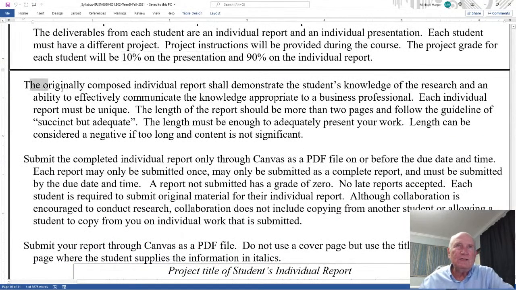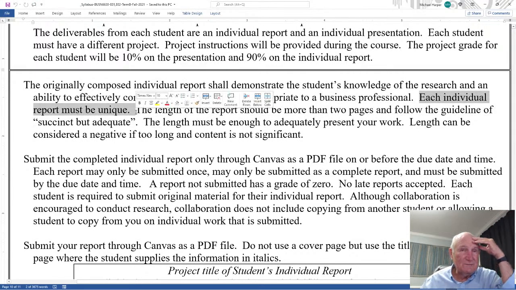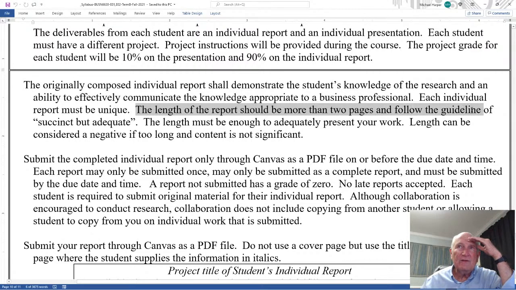The originally composed individual report shall demonstrate the student's knowledge of the research and an ability to effectively communicate the knowledge appropriate to a business professional. And notice business professional, not an academic instructor, a business professional. These are business communications now. Each individual report must be unique. In other words, do your own. And don't copy from anyone or any source. Do your own. The length of the report should be more than 2 pages, roughly, and follow the guidelines of